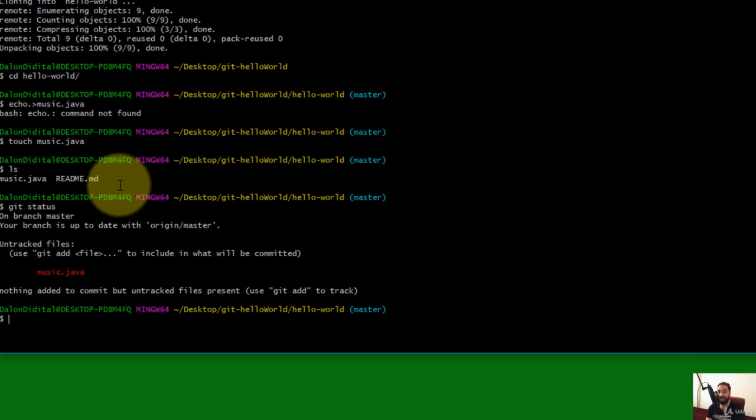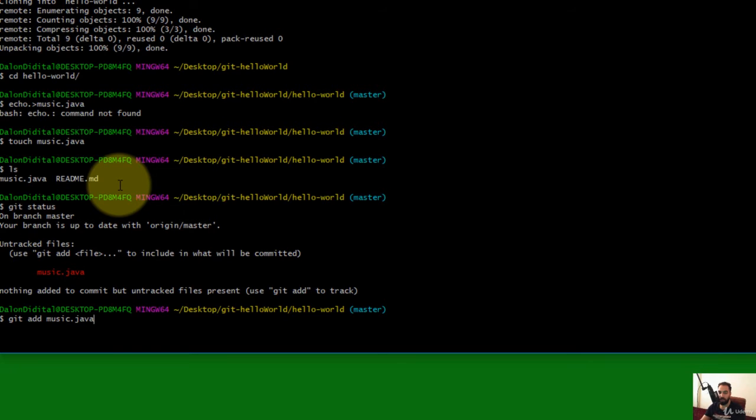Remember what I told you about Git and GitHub? First, we have the local repository. So in this case, we have our project hello-world, and then we have the Git, and then we have the GitHub, which is going to be the server in order to host our files. So we use the Git in order to perform our push or pull operations, our Git operations. So first we need to add this newly created file, this music.java, to our Git, and then we can perform the push operation. So here we need to say git space add and then the name of the file, so